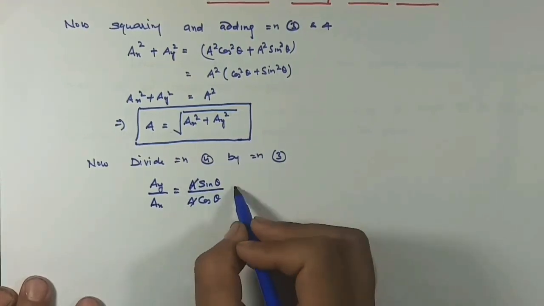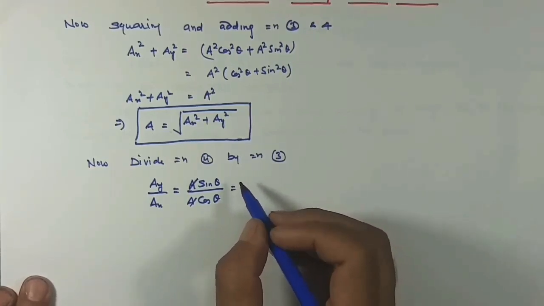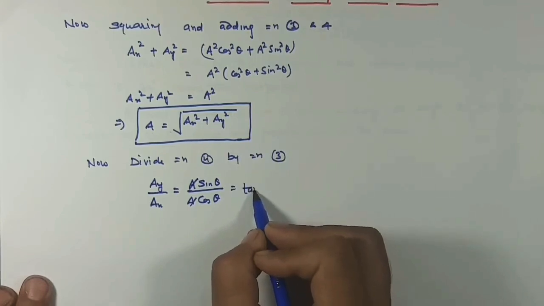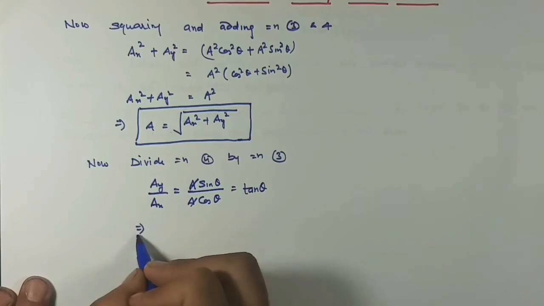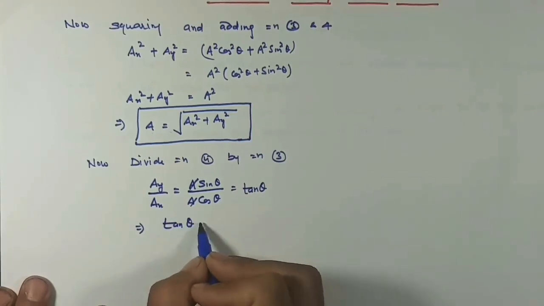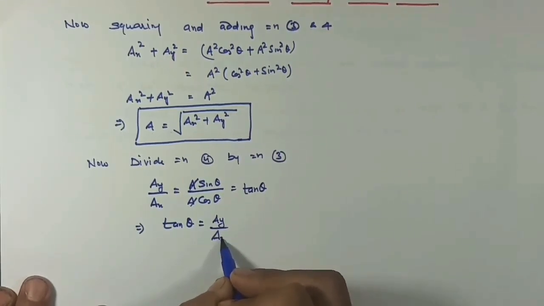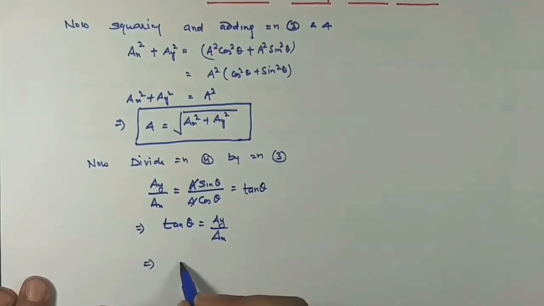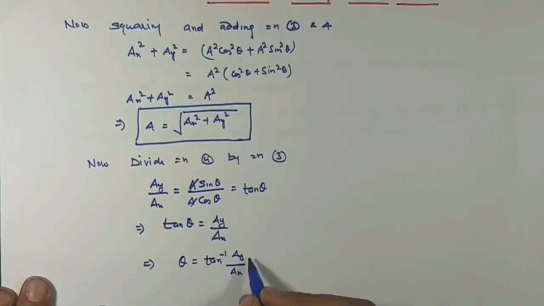A and A are cancelled, and sine theta upon cos theta becomes equal to tan of angle theta, so that means tan theta is equal to AY upon AX, or you can find out the value of theta by using this relation, tan inverse AY upon AX. So that is the required